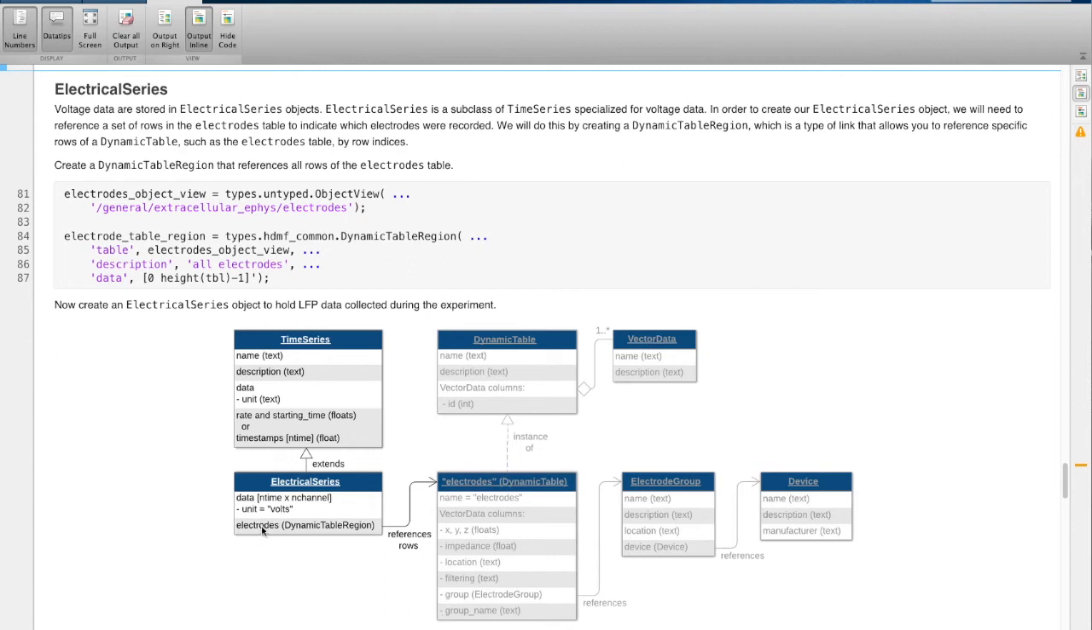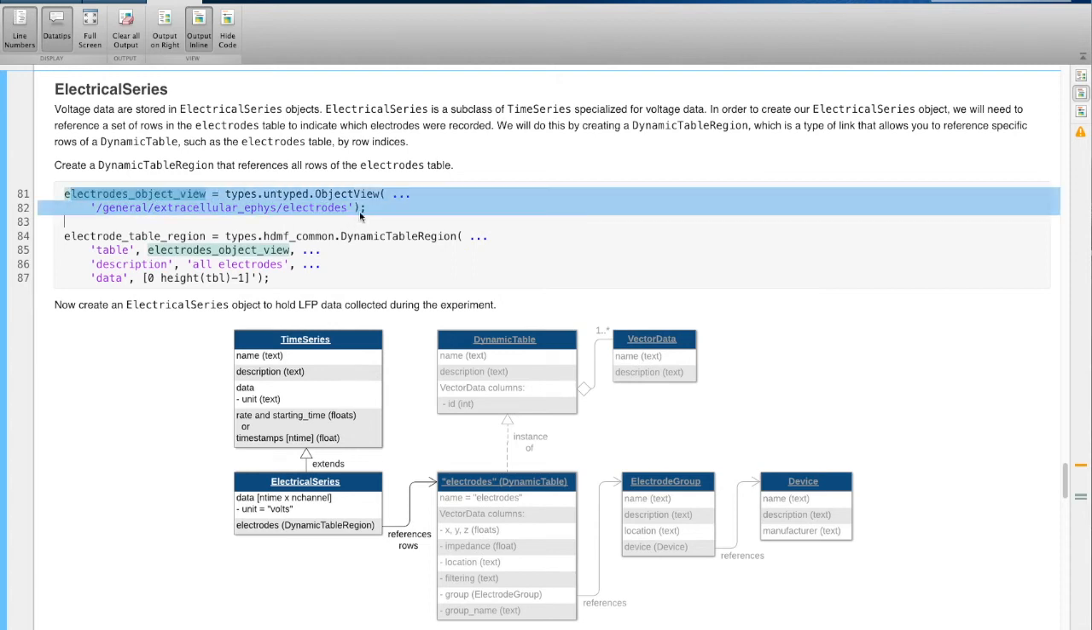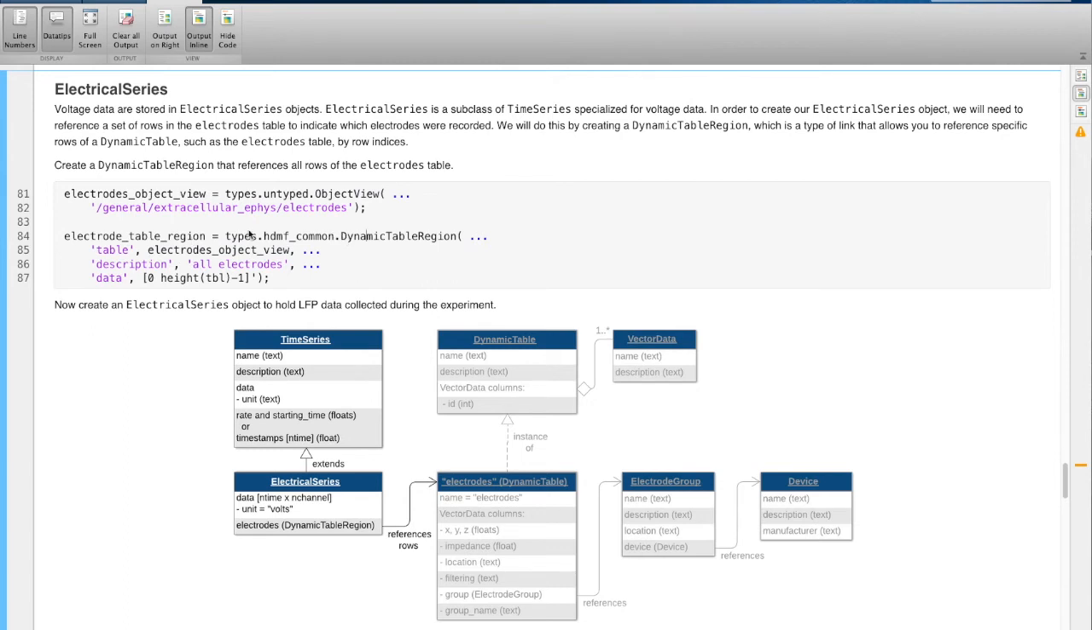Electrodes is a required attribute, which means that electrodes is also required because it needs something to reference, which is why we went through the process of creating this electrodes dynamic table. We're now using that as the target of a reference of this dynamic table region. So in order to do that, first we create an object view of the electrodes table, and then we create a dynamic table region that takes 3 arguments: table, which here we're going to direct it to this object view,